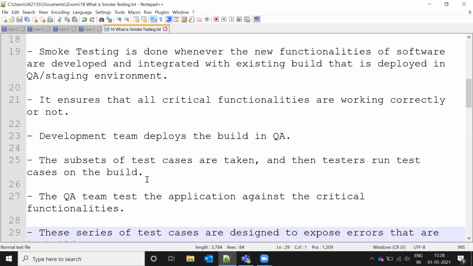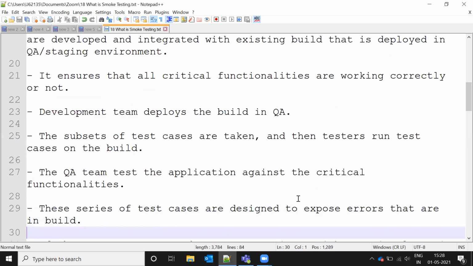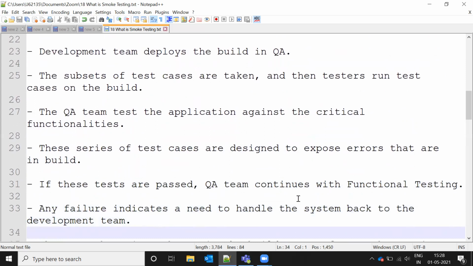Then QA members pick the critical functionalities and test whether they are working as expected or not. If there is any mismatch in the critical functionalities of the application, we are going to find errors here.